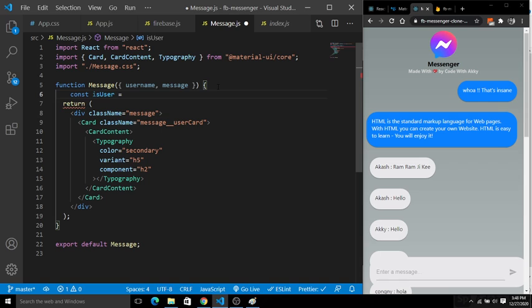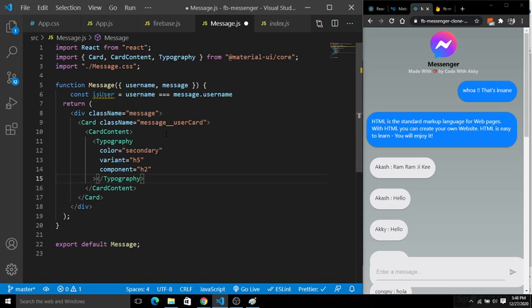For this isUser object, if the username is equal to the message dot username, then inside this return statement